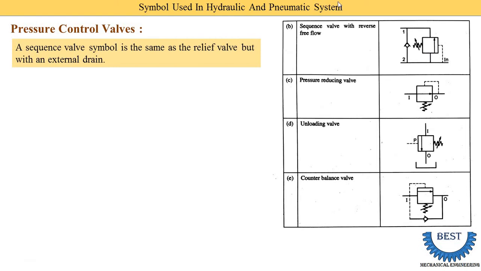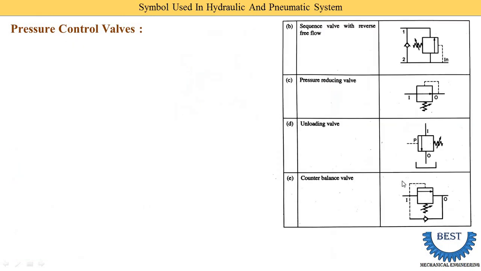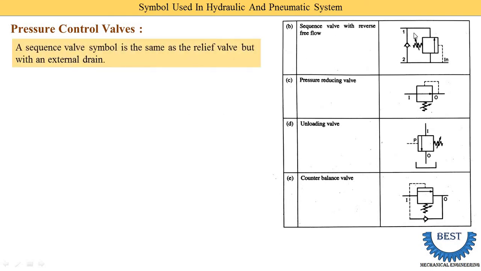A sequence valve symbol is the same as the relief valve, but with an external drain. What is the meaning of external drain and internal drain? Internal means this drain comes here, and this drain is supplied to this pressure relief valve. It is called internal. Now in external, what happens? They take one drain line here, drawn like this. You see this cursor here. Suppose we draw the dash line from this side and it is supplied here, then it is called the external drain. And the reverse free flow means the oil flows in reverse from input to output directly through this choke